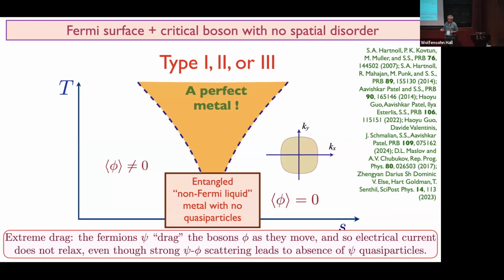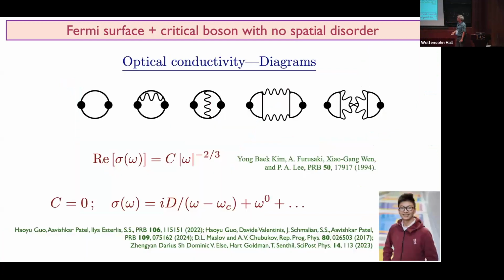So for example, if I take a quadratically dispersive Fermi gas and couple it to some boson, that theory is actually Galilean invariant. And in a Galilean invariant theory, and this is Kohn's theorem, this is the exact conductivity. It's just a delta function at the cyclotron frequency if you have a magnetic field. So at 0 magnetic field, that's 0, and so the real part of sigma is a delta function at 0 frequency.